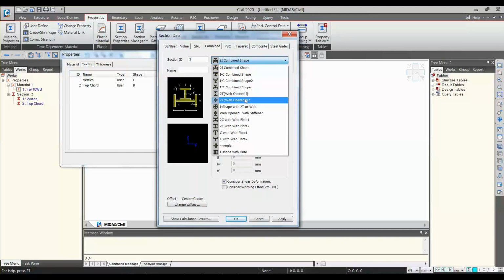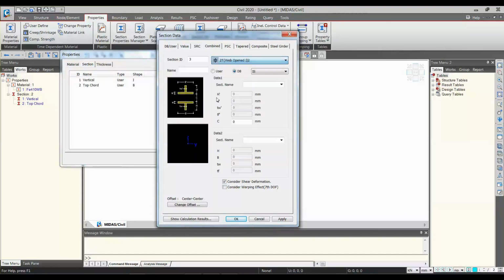The last section is the combined one. I'm using this 2T web open I type 2, because these are two angle sections connected with a plate, which is nothing but 2T sections itself. Let me give the name first: bracing. And the dimensions are 161 by 260 by the thickness, which is also the same.